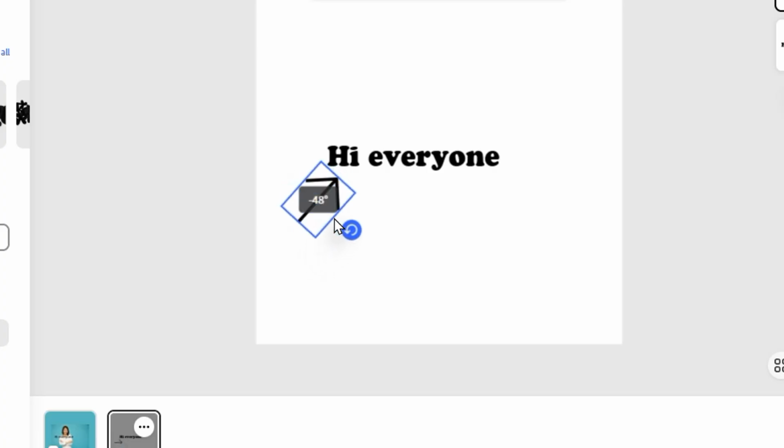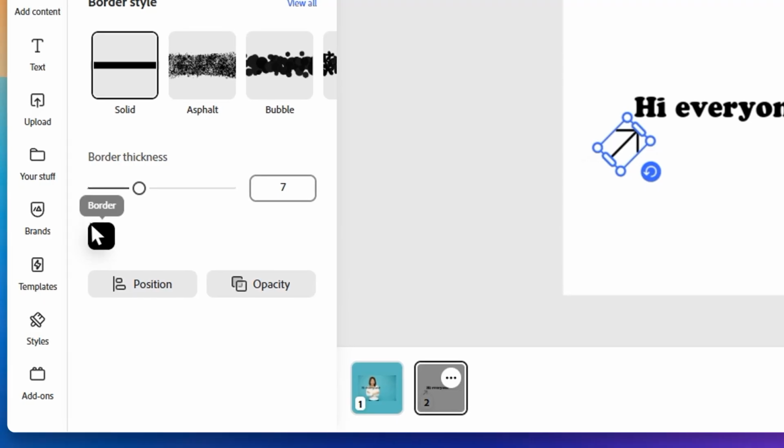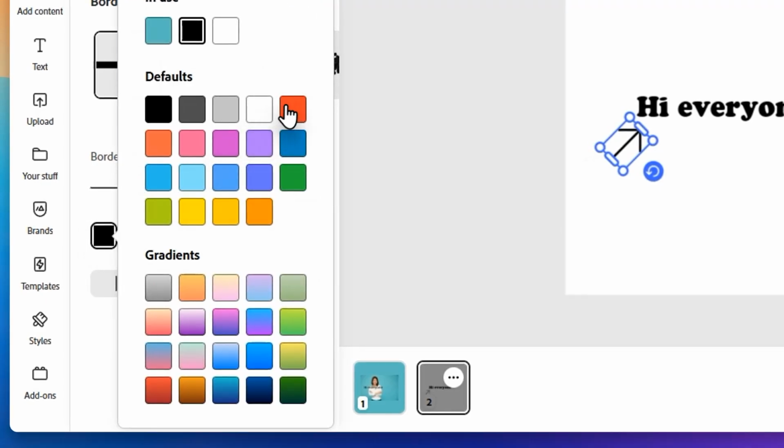To change the size, just grab any of the corner handles and stretch them until the arrow is the perfect scale for your design. You can also use the Properties panel on the right to change the color or add shadow effects to make it pop even more. Following these simple steps ensures your graphics look polished and functional while helping your audience focus on the most important